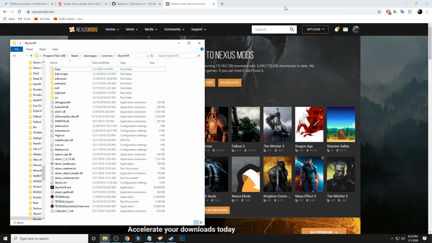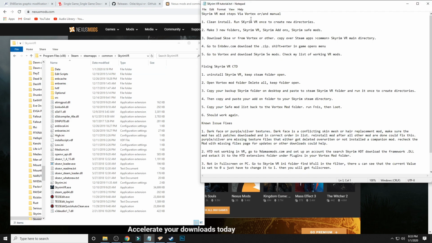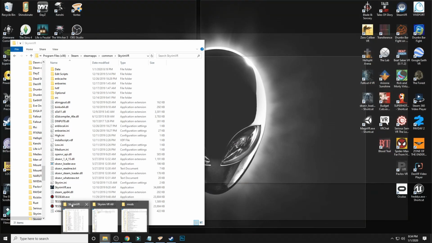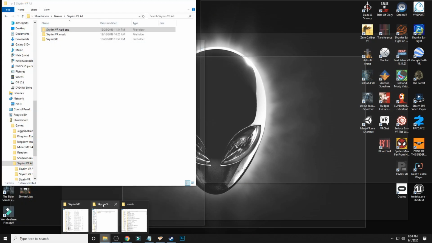Next, you want to download all of your mods, anything you're looking for that you want to download. And once they're all done, you can start your game up and make sure everything's running fine. But let's say your game crashes and you can't figure out what's going on and you need to start all over again. Well, instead of reinstalling the game, re-downloading all those mods, and deleting them,